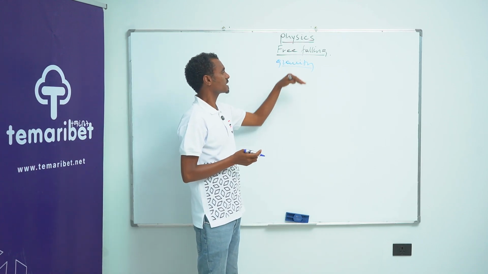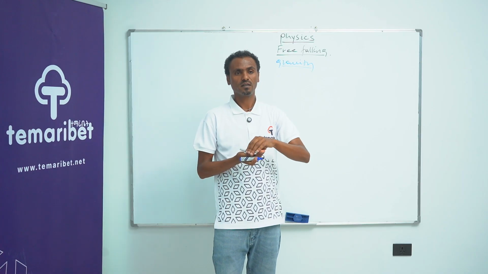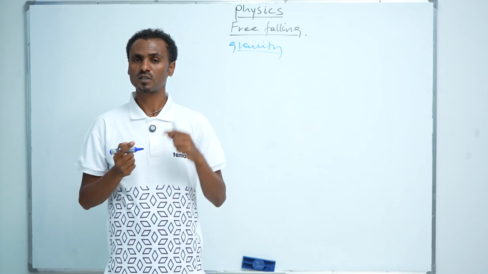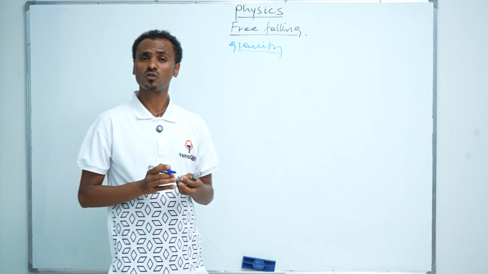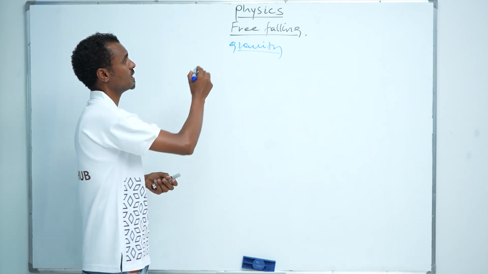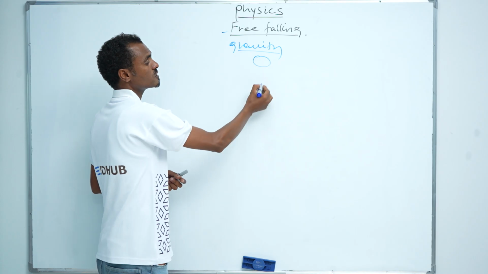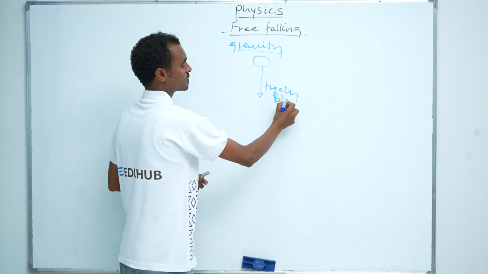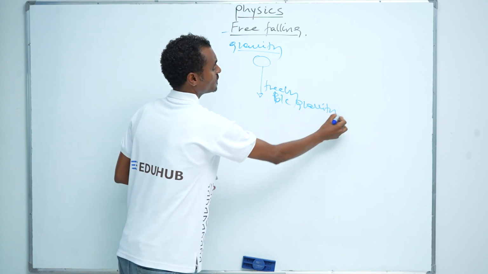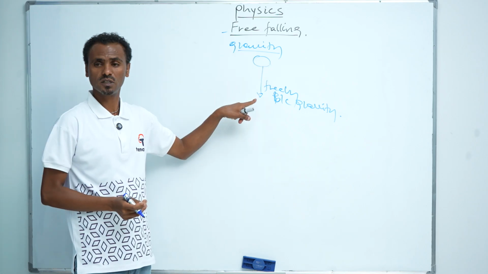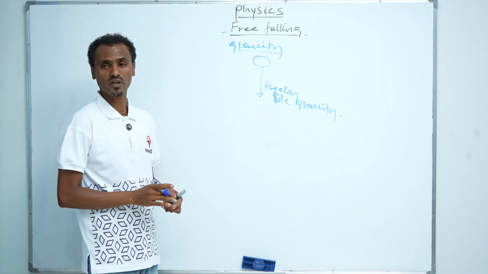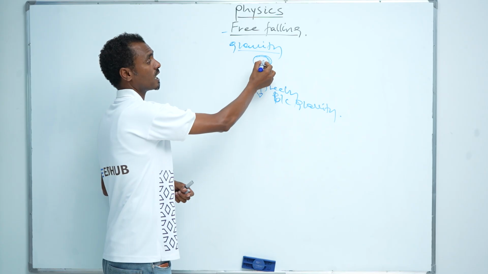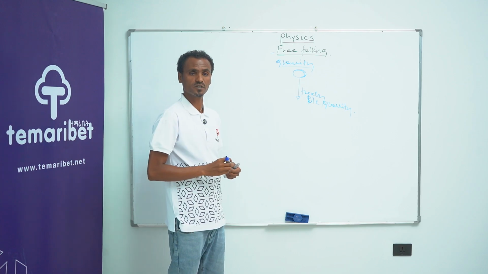But in the second case, I release the marker vertically downward. The only force that acted on it is the gravitational force, so we can treat it as a free fall. Free fall means something falls freely because of gravity. If there is an additional force acted on it, it can't be treated as a free fall. In this case, a released object has its own constant acceleration, that is